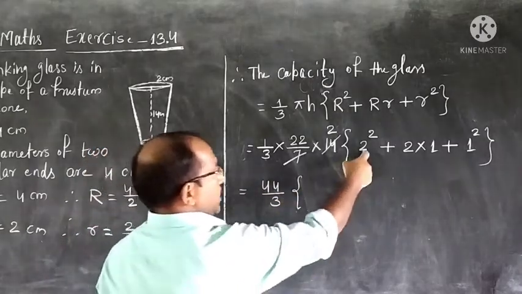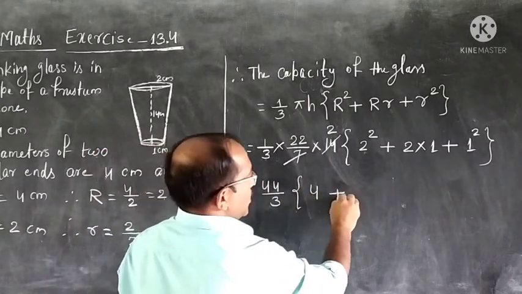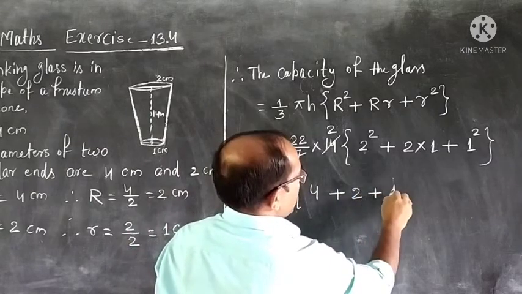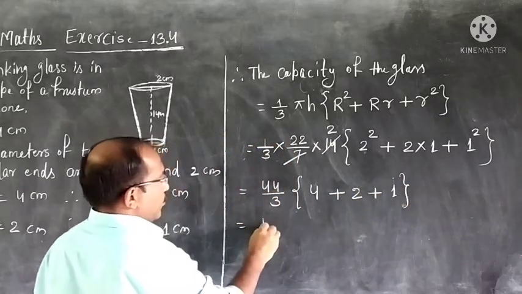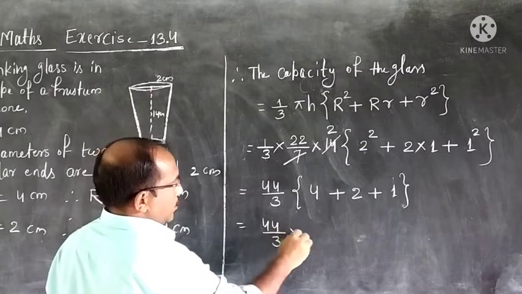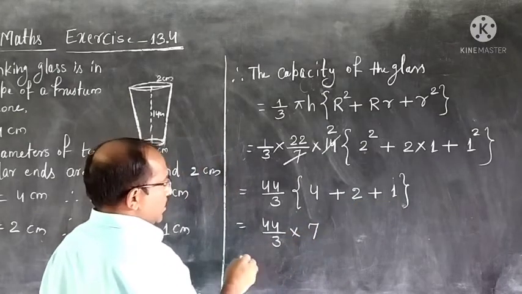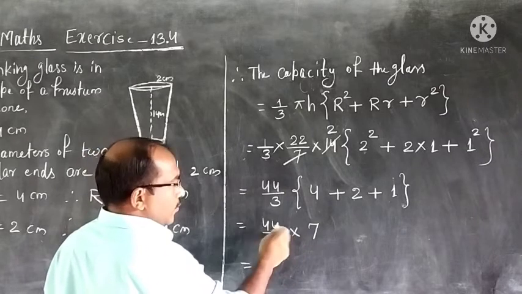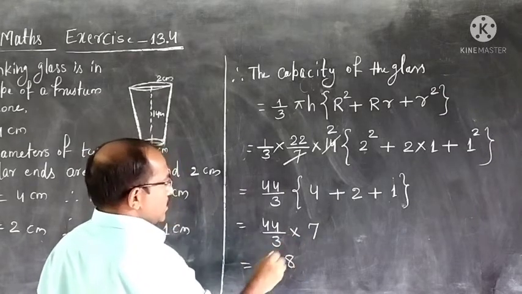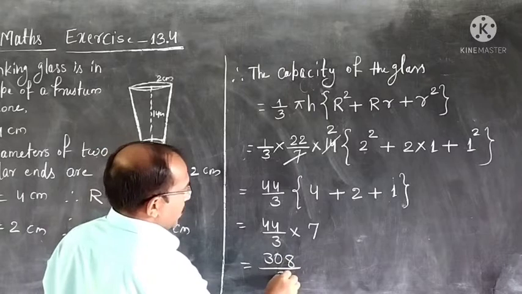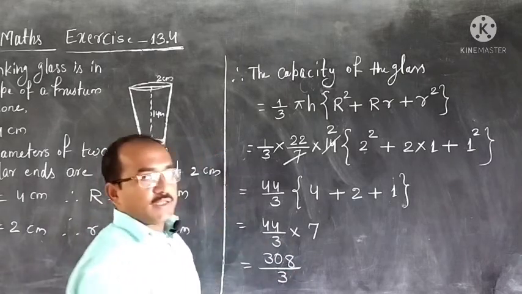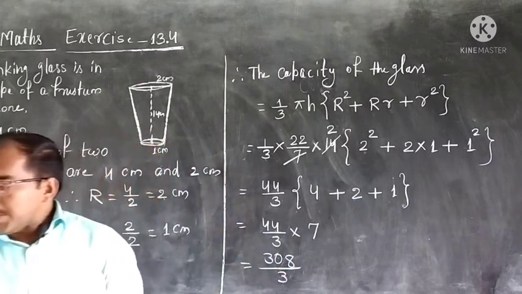Inside the bracket we need to simplify: 2 square is 4, 2 1s are 2, plus 1. We get 44 by 3 into 4 plus 2 plus 1, that is 7. We are not able to cut, finally we will multiply: 4 7s are 28, 4 7s are 28, plus 2 is 30, so 308 by 3 centimeter cube is the volume of